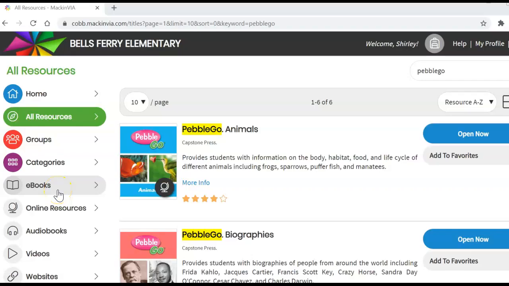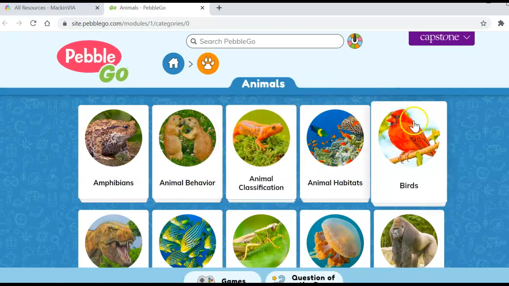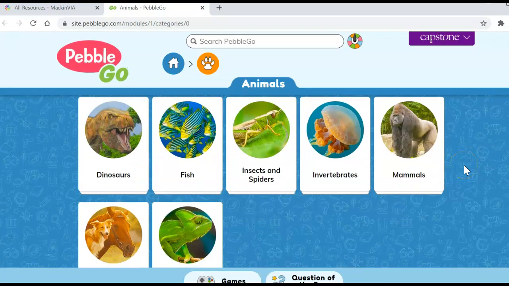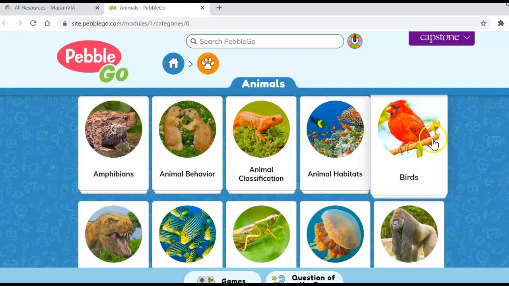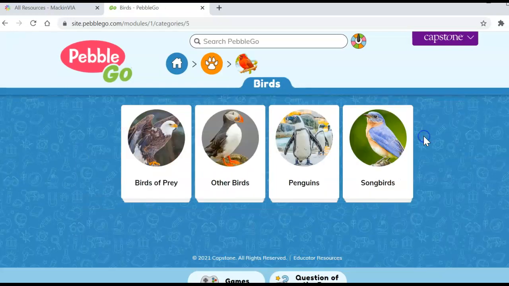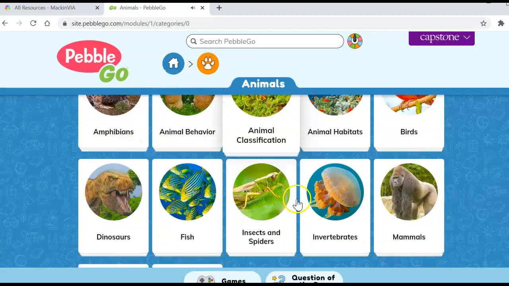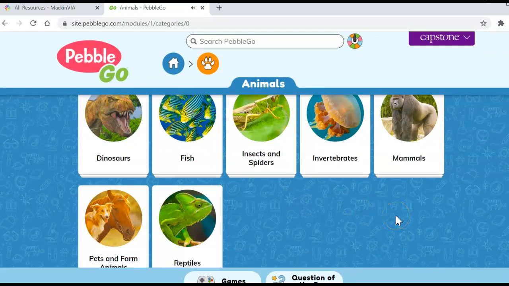After the kids watched the Skype, I had a grab bag ready for them to choose their animal. So what I did beforehand is I went to PebbleGo because I knew that was where I was going to have them do their research. And so I went to PebbleGo, and there is all of these animals that we can choose from. And so I went ahead and picked animals that I thought the kids would be interested in. I tried to get a few from each of these categories,